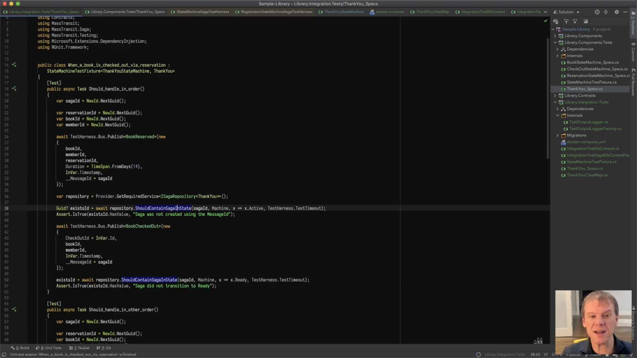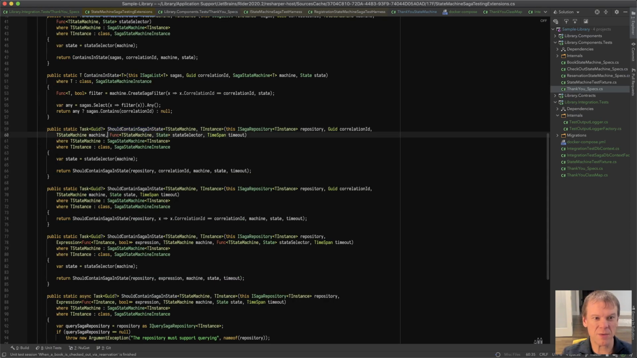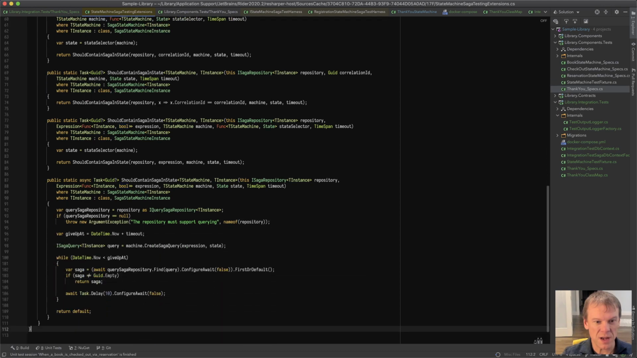And the place I had done it is in the ShouldContainSagaInState method, which is an extension method to ISagaRepository, which, again, I'll get the harness updated so exists works like it should. So I changed these tests to actually resolve ISagaRepository from the container. And then the ShouldContainSagaInState method, if we actually go and look at it, does something a little nicer. And there's like 85 overloads of this, but it goes out and calls